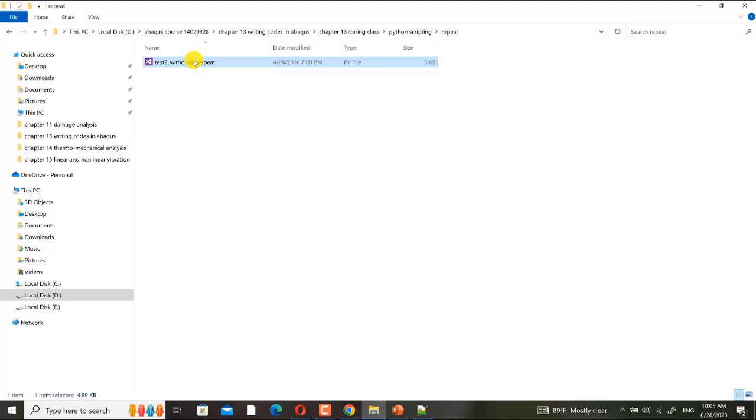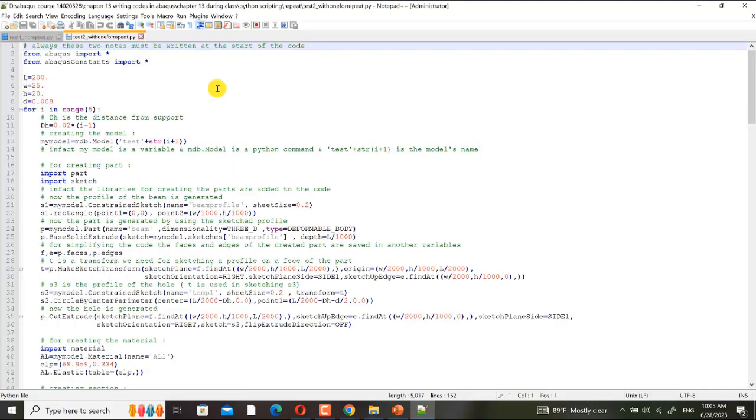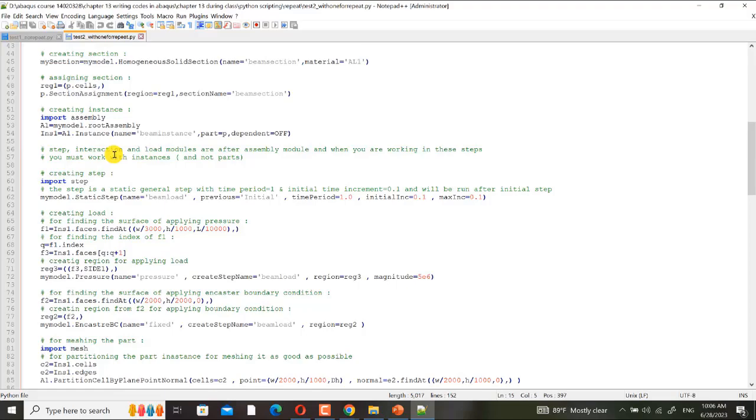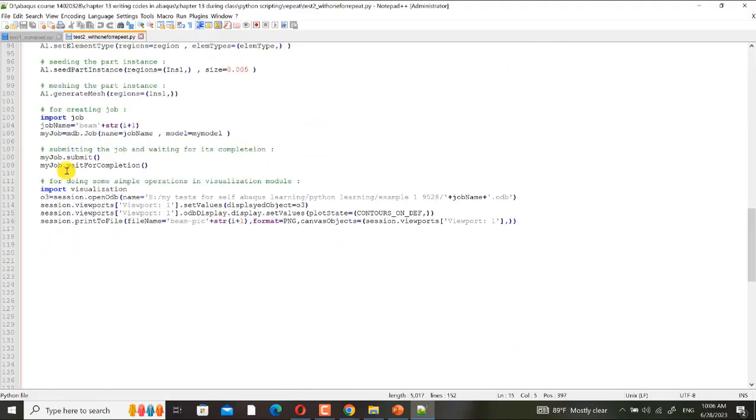I put it here. And here, if you see, we have a for loop. In Python, the index of loops starts from 0, and loops don't have an end command.